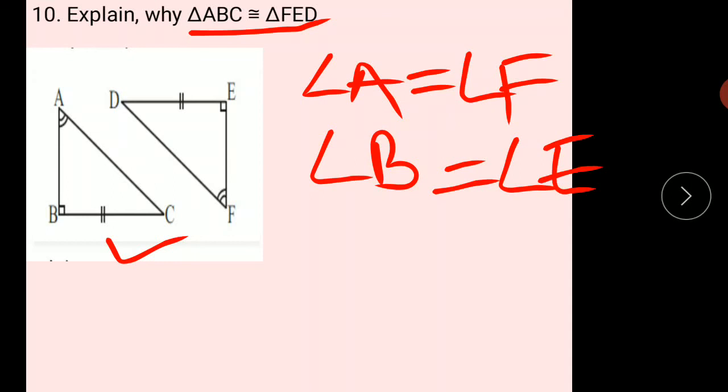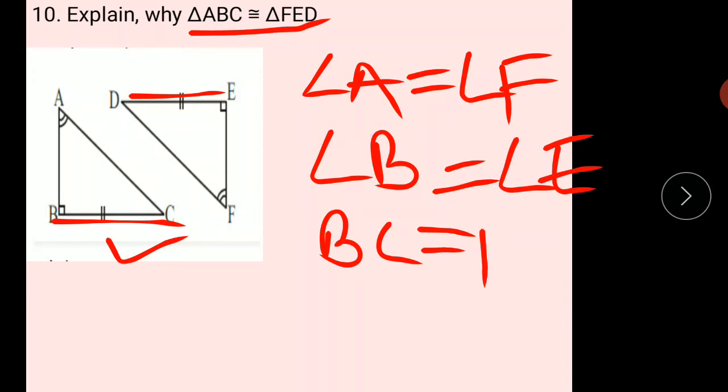You just have to mention which pairs are given. But in the previous question, two points were mentioned, 2 steps were mentioned. The third step you have to give yourself, right? And you will write that BC is equal to DE. So you'll write BC is equal to DE. So now you will say why it is equal.